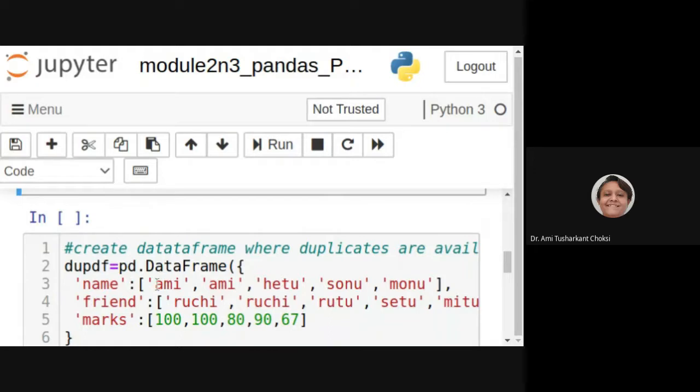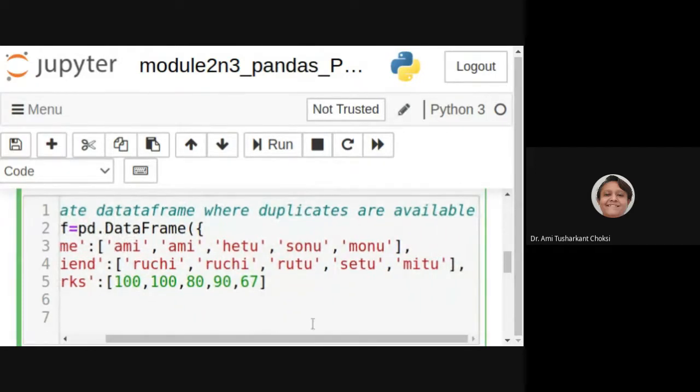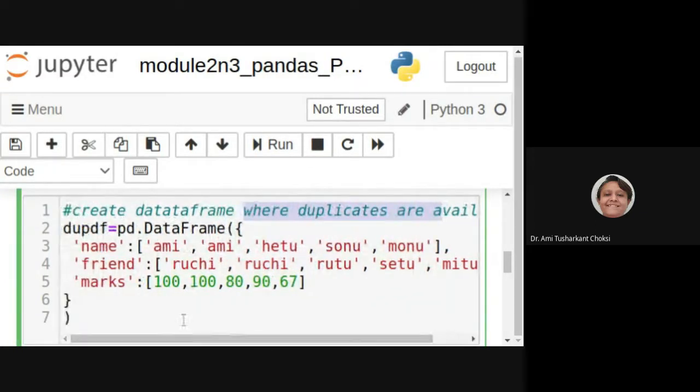Now, let us say we are creating the data frame where duplicates are available. See, in your mid or final question paper, it can be given that you create the data frame where you have the duplicates, where you have the missing values, and after that remove them.